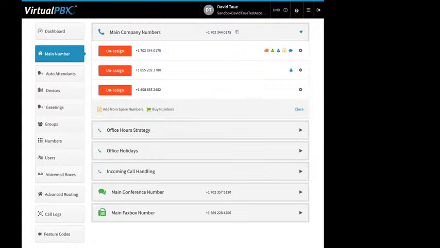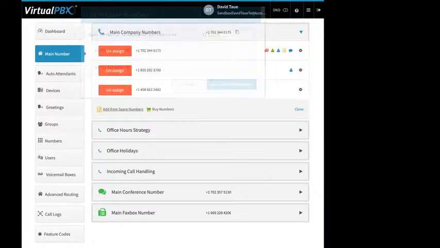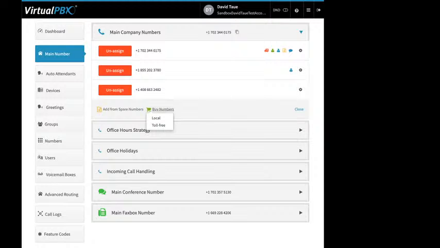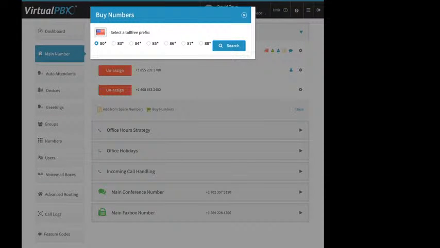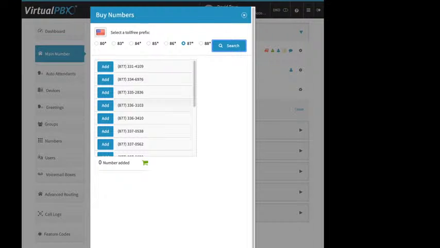And any place where you have the ability to assign a phone number, right? You can choose from your spare number list. So I got that 855 and another 702 number. I can also choose to buy a new number, right? Toll free. I can pick the prefix and hit search, and I can add a number, right? Shows up here in my little cart, gives me the number, option to delete it, and I can buy the number,